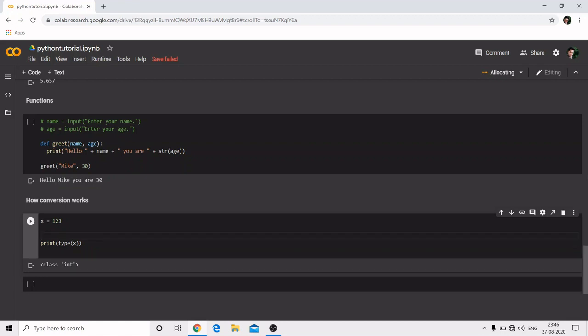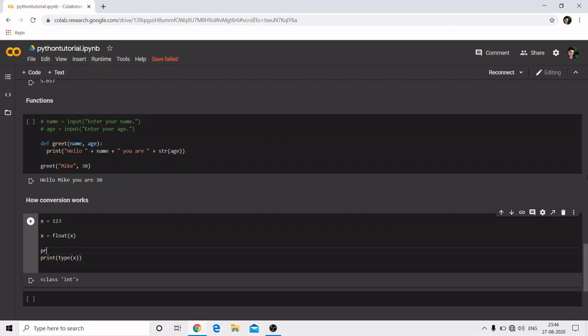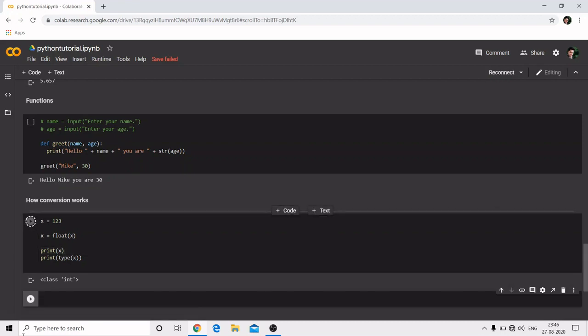Just to convert this, I can say x is equal to float(x), and if I print x again and hold shift plus enter, it will show me something like, just wait,